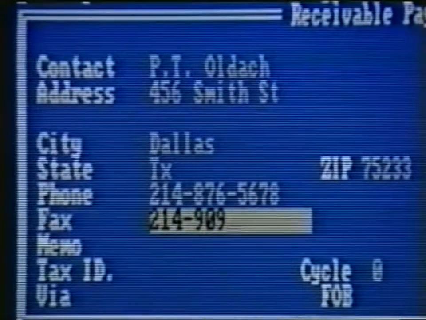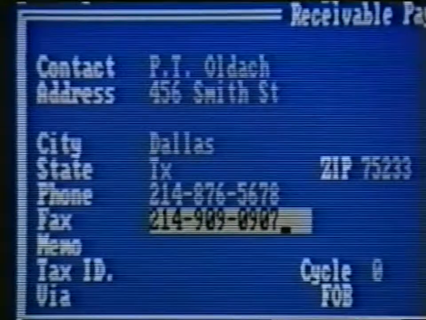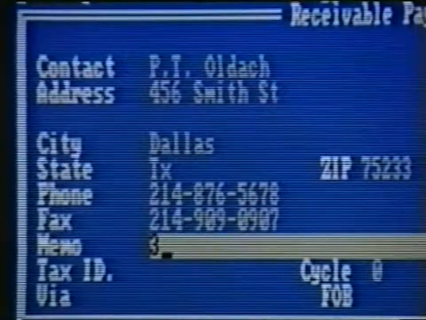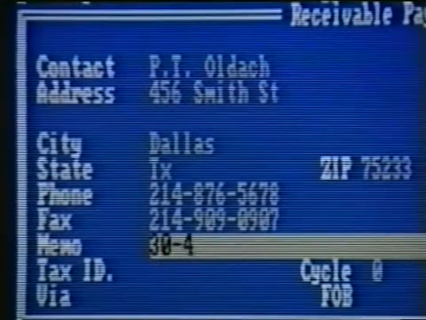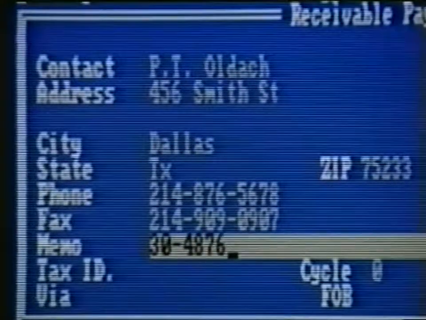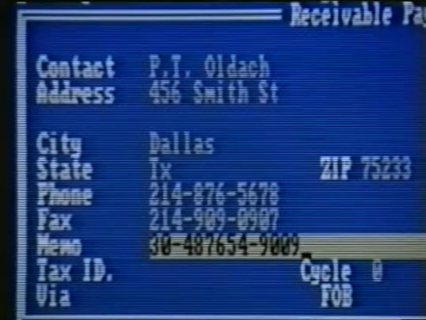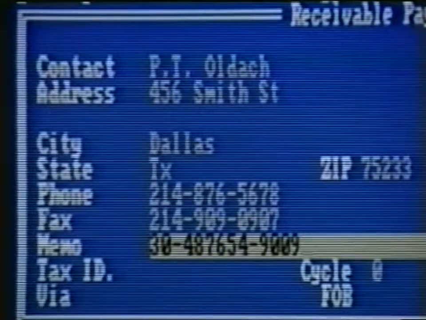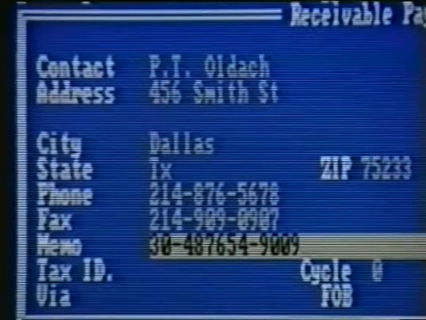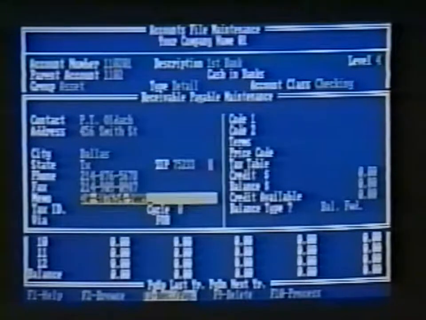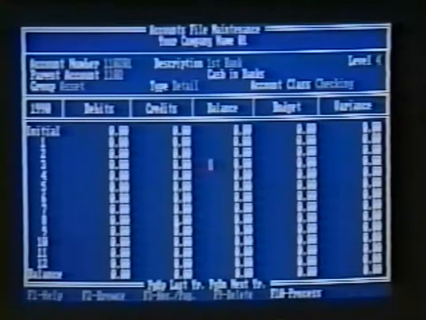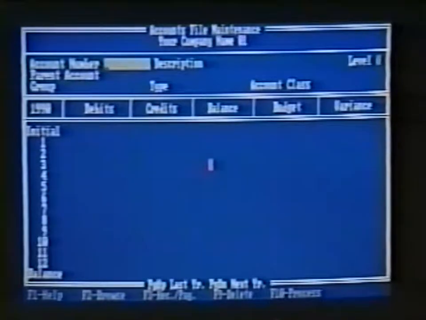The memo field is a great place to put account numbers that your vendors require. You may wish to place your bank checking account number in this field. The information in this field will be printed in the standard memo space of the check. The rest of the information here is not needed for the bank, so we'll just press the F10 key to save our changes. Select Escape to return to the File main menu.